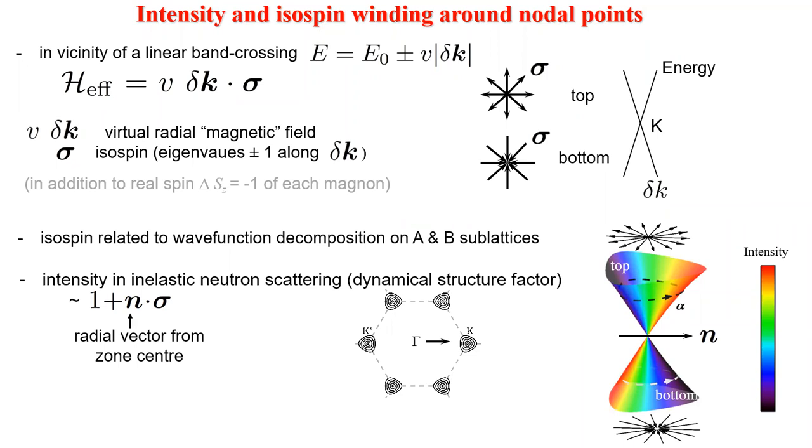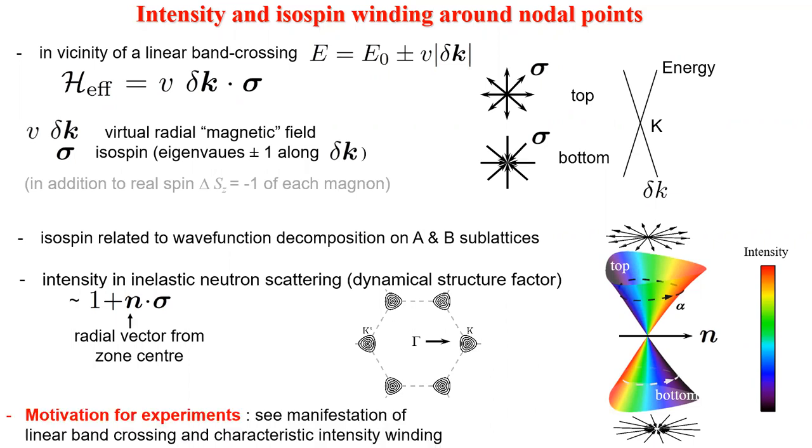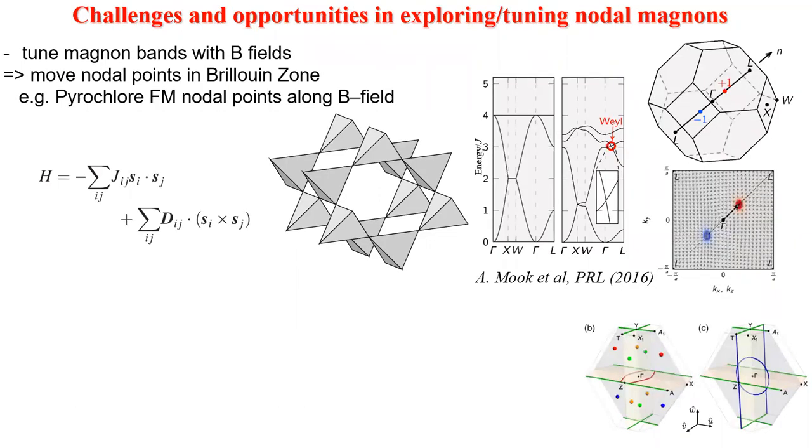That's exactly in anti-phase of the bottom band where the isospin moves in. So there are very strong intensity modulations that are expected. So part of our motivation was to see the experimental manifestation of this band crossing and reveal this strong intensity modulation. So as was alluded to before,